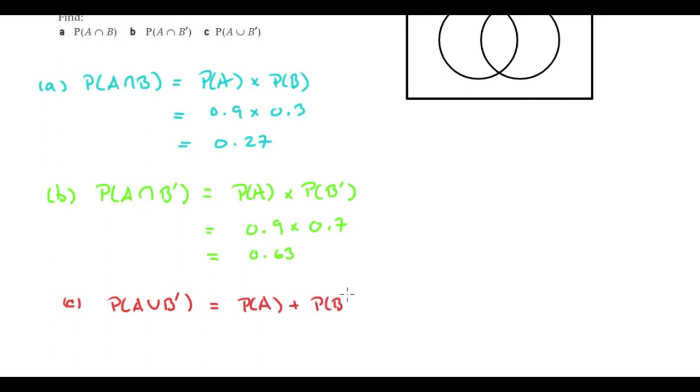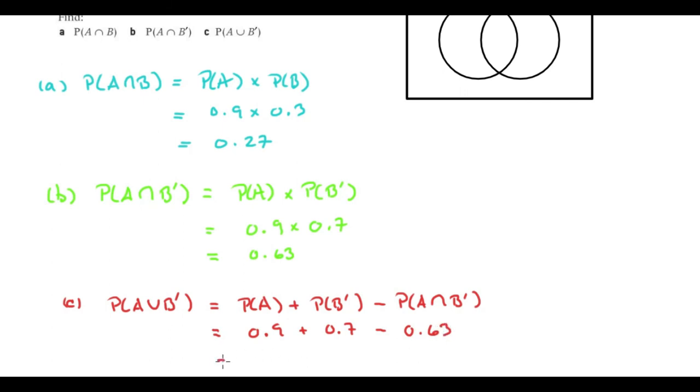And we already know both of those probabilities, but of course we'd have to take some care to make sure we're not counting the probability of the overlap more than once. You can see it's coming full circle now because we actually have the probability of the intersection of these two events. So probability of A is 0.9. Probability of B complement is 0.7, which we dealt with in letter B. And of course now we get to subtract away that